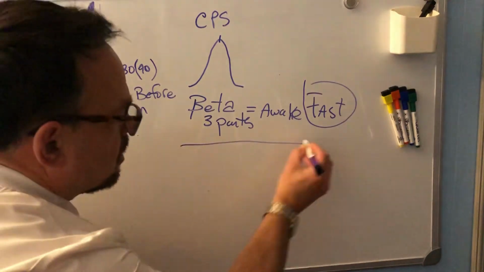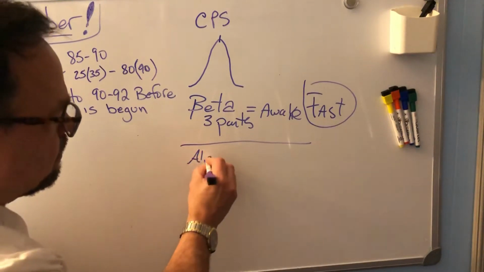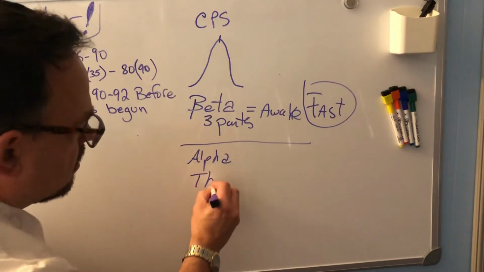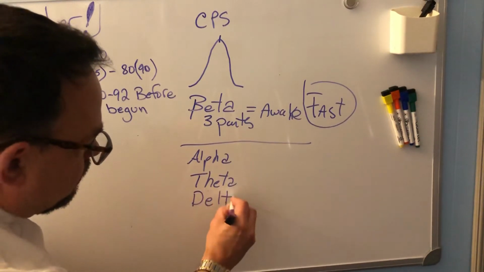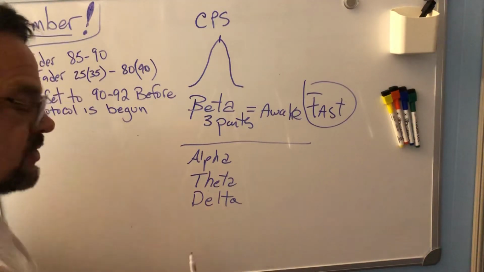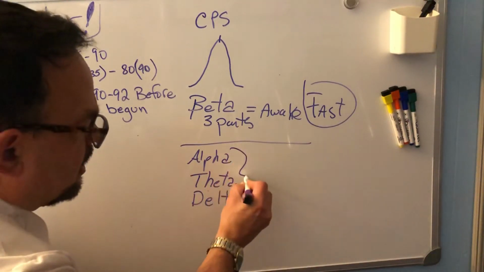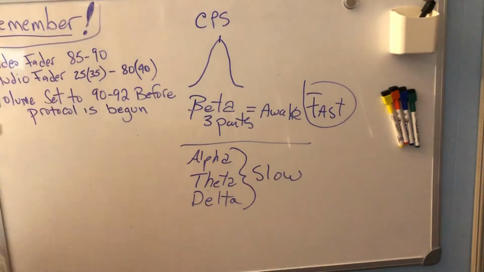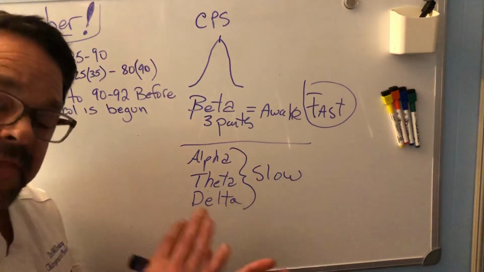Now, there are different types of slow waves. Under beta, we have alpha, and then we have theta, and then we have delta. Delta waves are the slowest waves. Then theta, a little faster, alpha, a little faster. We'll explain how exactly that works in a moment, but all of these are called your slow waves. And these are the different brain neurons that we treat and we aim to balance in